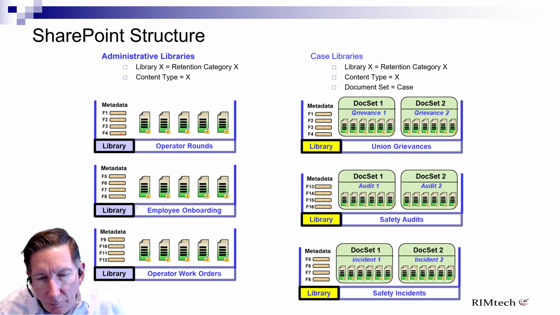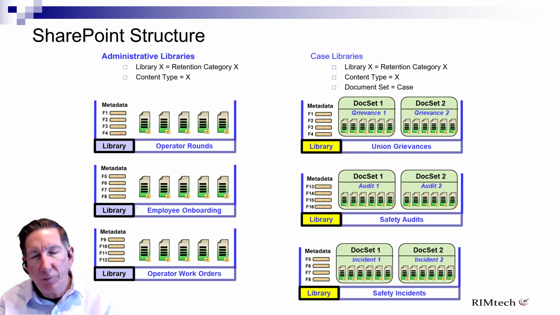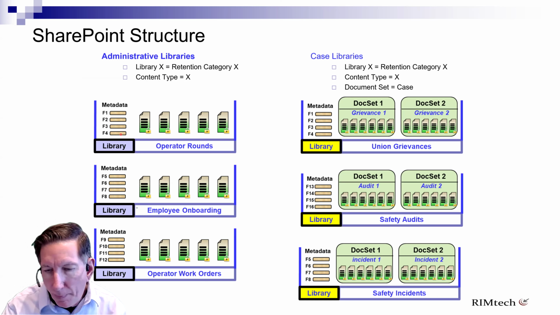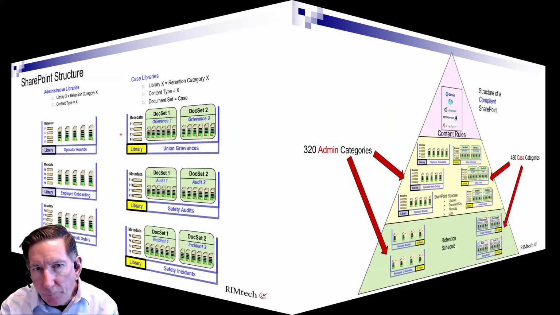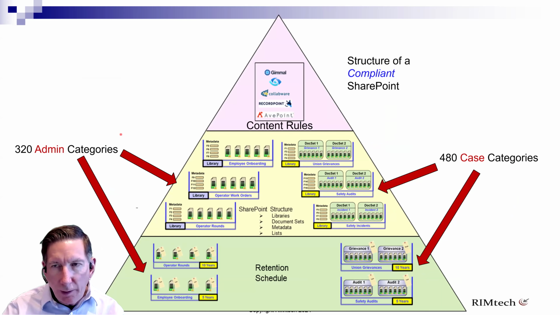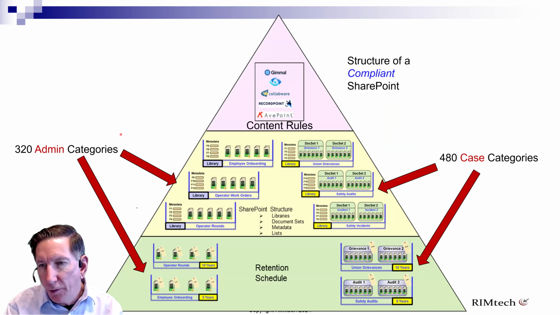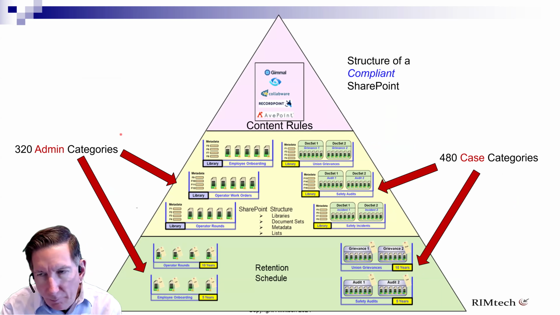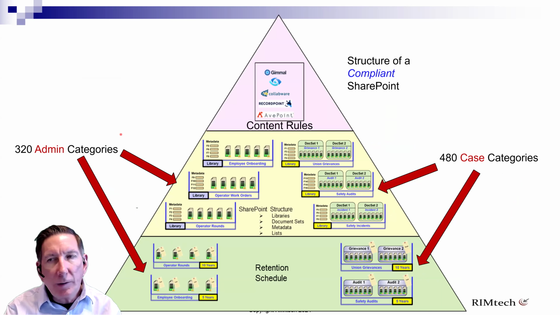There are 800 uniquely different libraries with different metadata. So this is what it looks like so far. We're 2 layers up, and we have the retention schedule at the bottom. We now have deployed our SharePoint with 800 libraries, 800 content types, and X number of document sets,